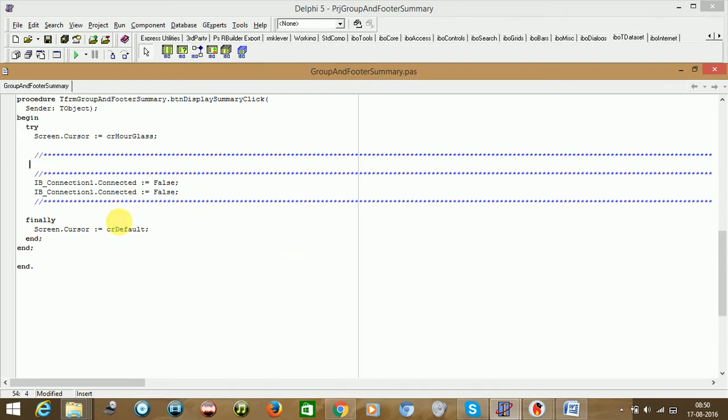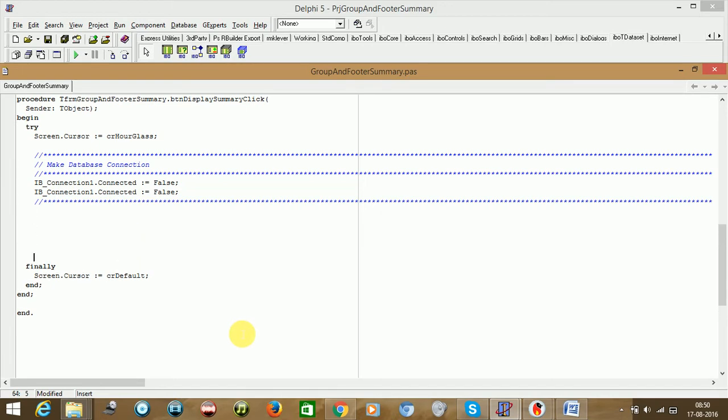So just put the comment over here saying make database connection, or you could say activate database connection, like that.